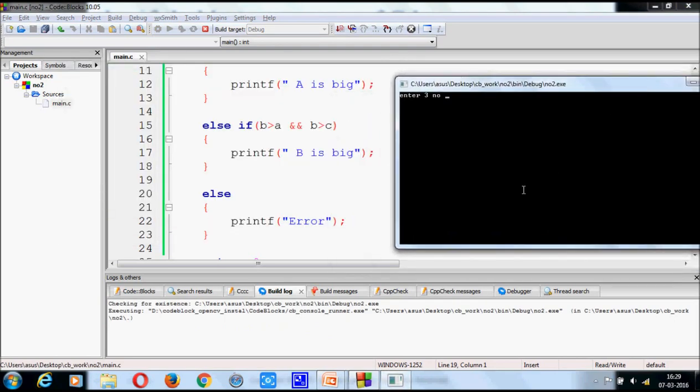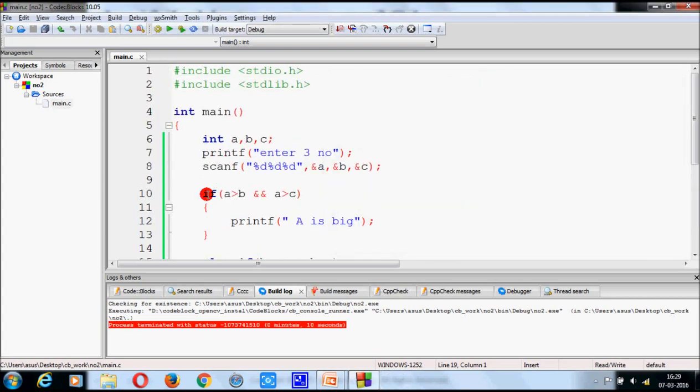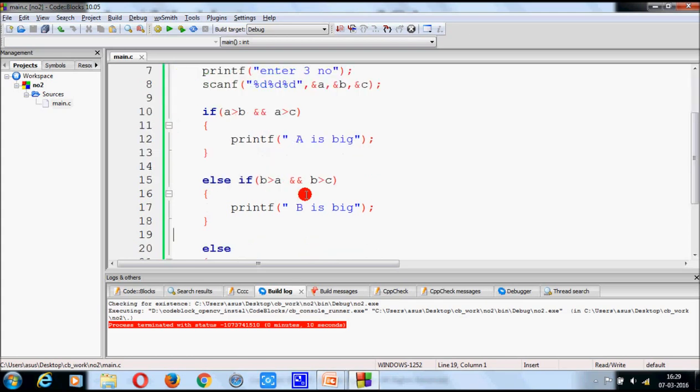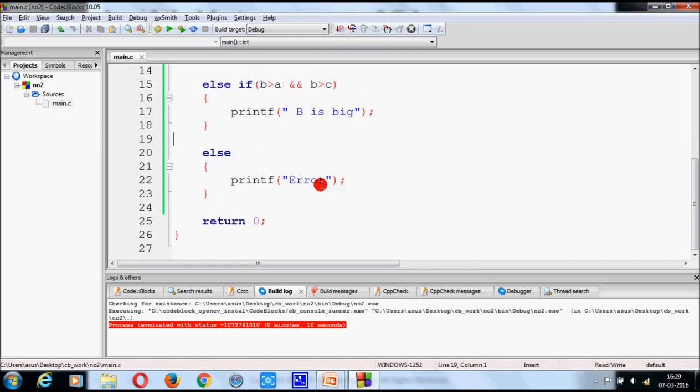Now run it. Yes, you get the error message. That means here the first condition and the second condition will be checked. If any one becomes false, this else section will execute and you get this error message.